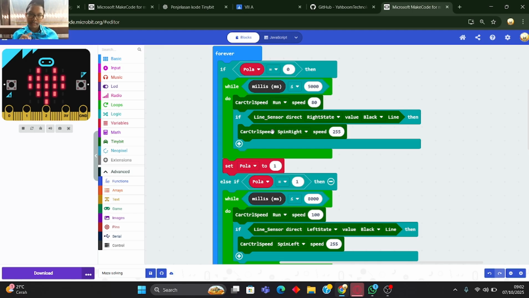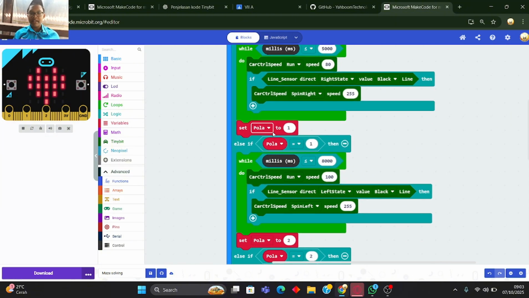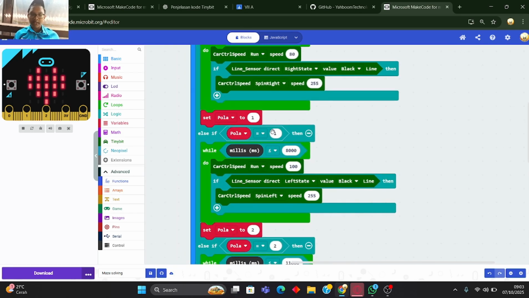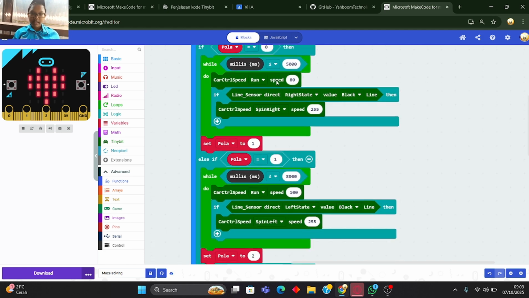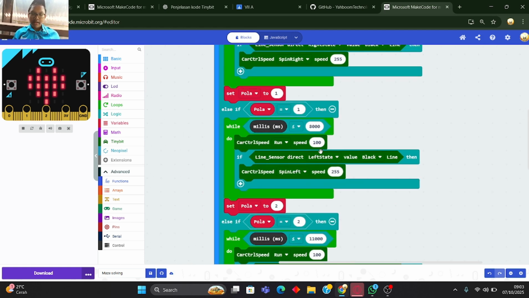After that, if there's a black line in right state, the tiny bit will spin right with a speed of 155, and also set Pola to 1.